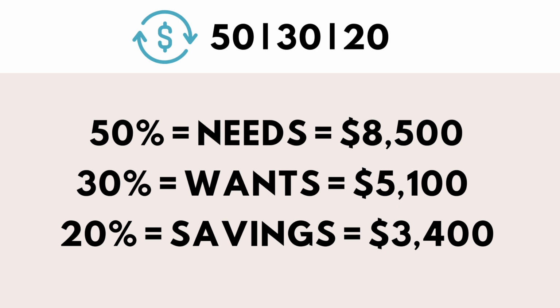Although I do get that some people are in a high cost of living area like us in Seattle, Washington, and don't have a high paying job, so their needs may end up exceeding 50% of their income. We're fortunate in that we can maintain lower than 50% on needs, so I don't want to not acknowledge that this isn't the reality for some people,